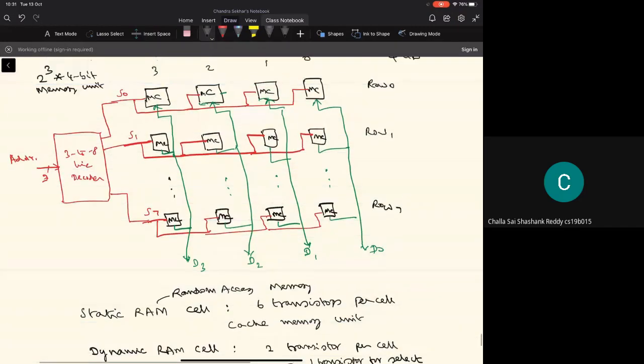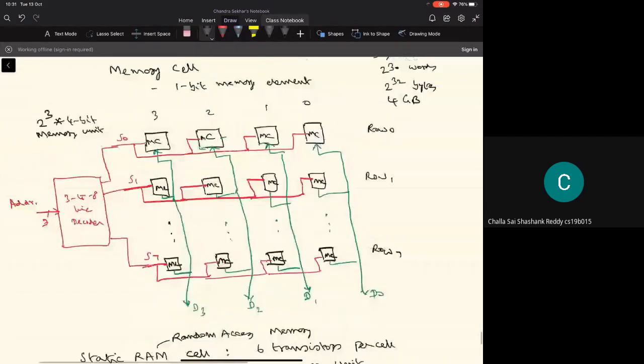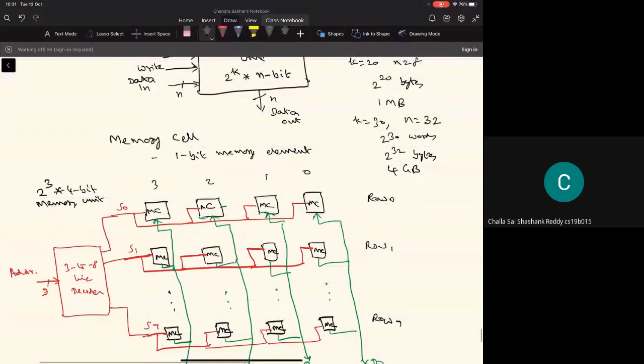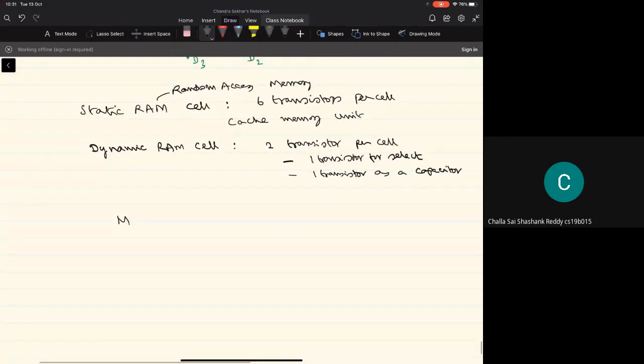Actually, what I said is for a memory chip, because it's not possible to build the whole memory unit of the capacity of 4 gigabytes using a single memory chip, because the decoder size is going to be very, very complex. So typically, in the current day scenario, the memory chips will be of the order of maybe 128 M by 4 bits. I'm talking about DRAM memory chips.